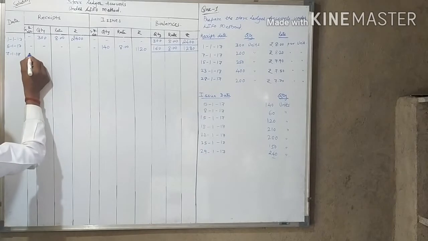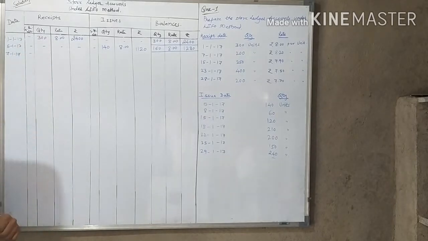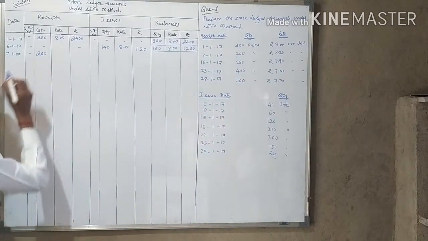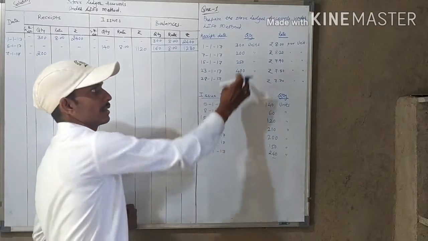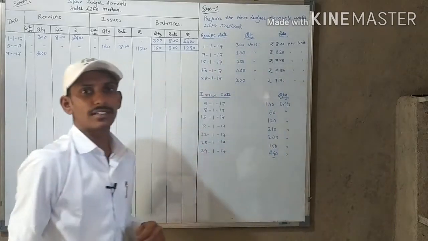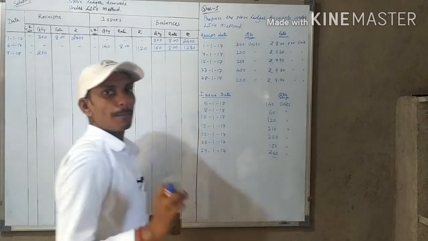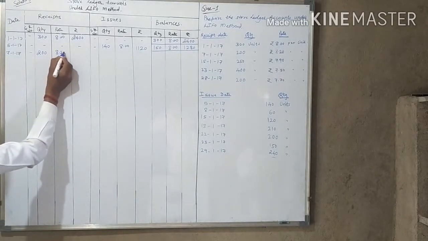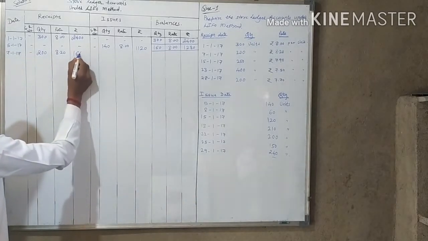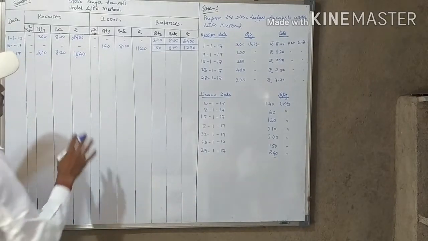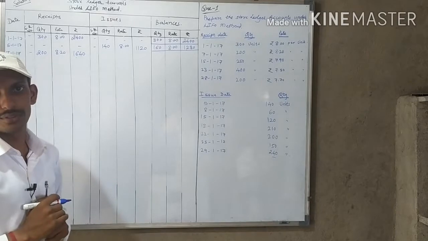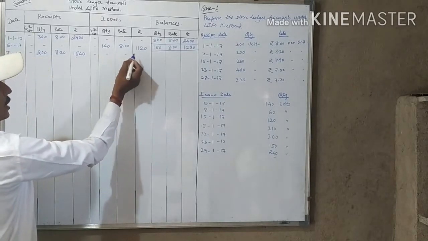We have purchased the quantity; the GR number is not given. How much quantity did we purchase on the 7th January? 200 units. What is the rate per unit? The rate of those 200 units is 8.20 per unit. After multiplying, you will get 1640. On the same day no other transaction has happened, either receipt or issue, so put nil under the head issues.